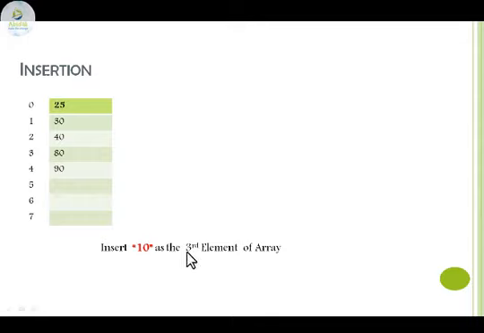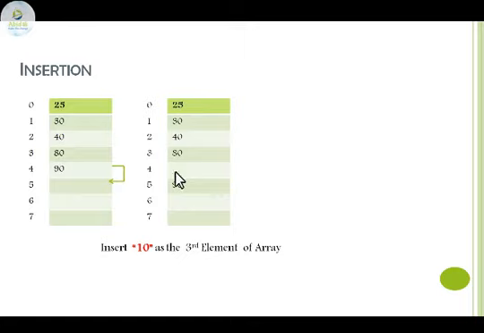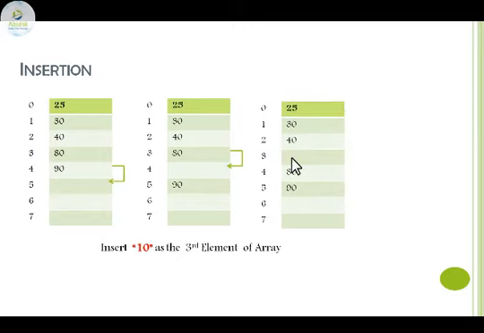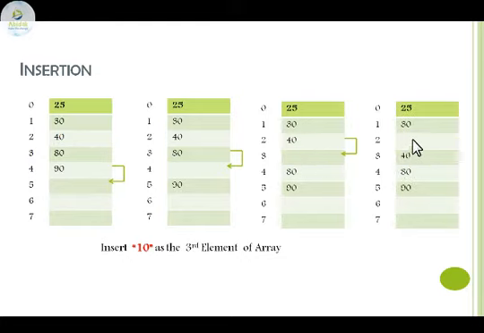Now inserting 10 at the third position, that is position number 3, index value 3. Okay, it is index value 3 or position 3. Position 3 is 1, 2, 3. Okay, so the value which is there at index 4 will be shifted to index 5. Then index 4 will be empty. Then the value which is there at index 3 will be shifted to index 4. Then position 3 will be empty, or index 3 will be empty. Okay, the value which is at 40 will be shifted to the third position. Then you will get the third element empty. Okay, where the element 10 will be inserted. So this is how the insertion will take place.